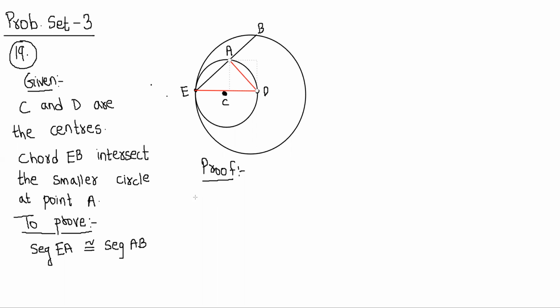Draw segment ED passing through point C. If you write draw segment ED, that is also enough, because this is understood. You should know as a student that if two circles are touching at one point, then their centers and their point of contact will always be in a straight line. So we are going to write draw segment ED